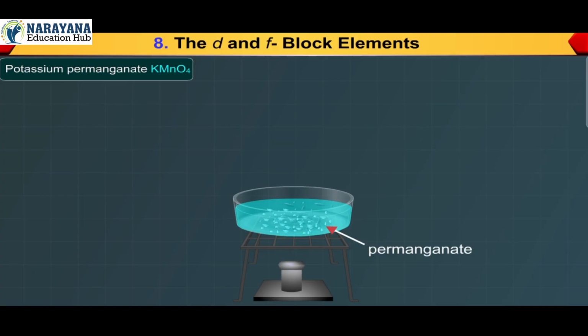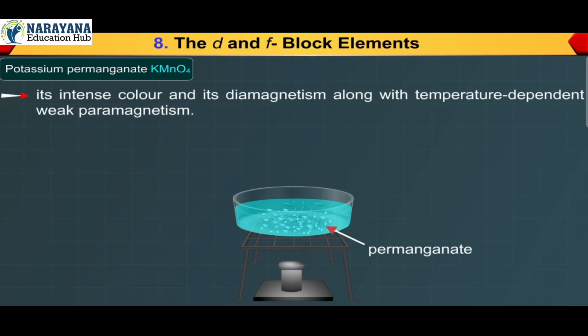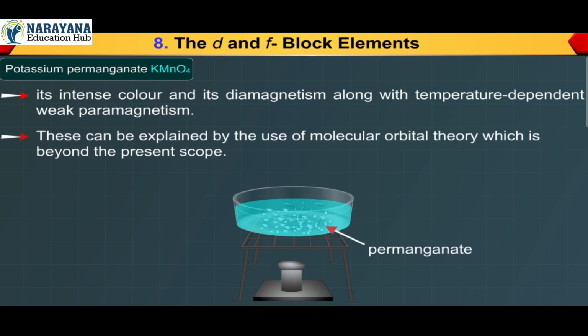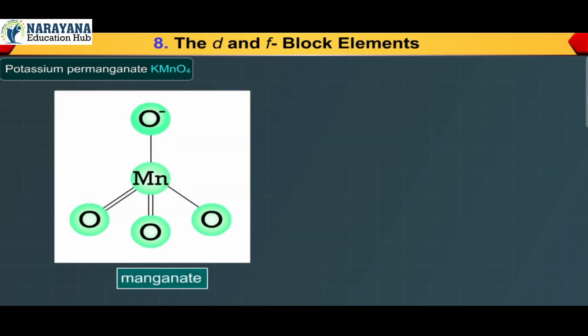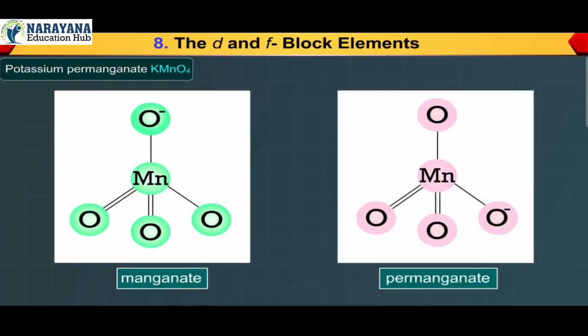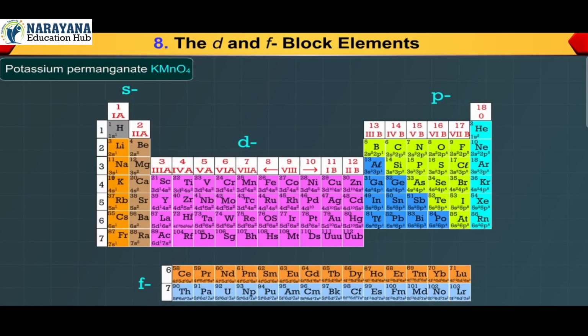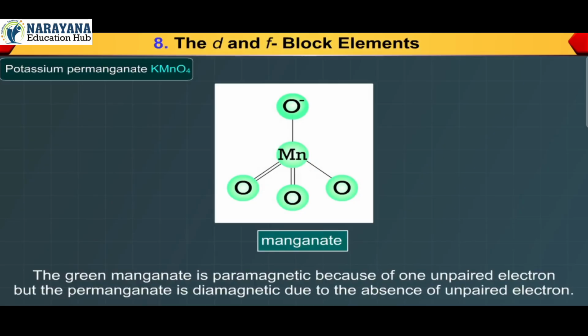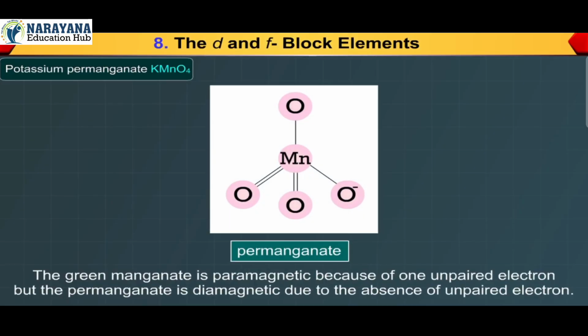It has two physical properties of considerable interest: its intense color and its diamagnetism, along with temperature-dependent weak paramagnetism. This can be explained by the use of molecular orbital theory, which is beyond the present scope. The manganate and permanganate ions are tetrahedral. The pi bonding takes place by overlap of p orbitals of oxygen with d orbitals of manganese. The green manganate is paramagnetic because of one unpaired electron, but permanganate is diamagnetic due to the absence of unpaired